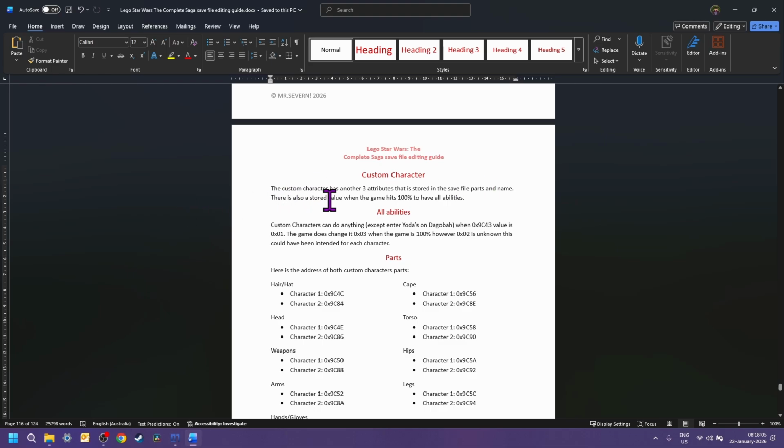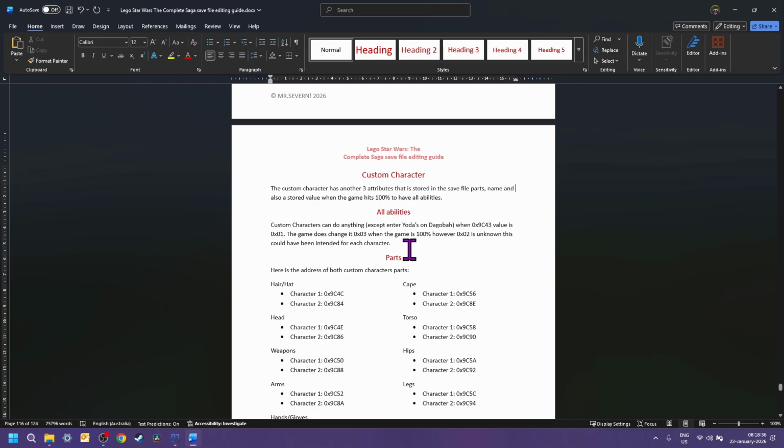There is also a stored value when the game hits 100% to have all abilities, which is basically what I did in my canister videos to allow Super Anakin to literally do anything.